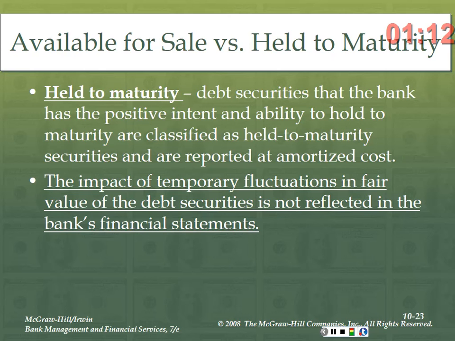So the important part here is underlined. It says the impact of temporary fluctuations in the fair market value of the bond is not reflected in the bank's financial statements. Now, this is the important thing. What this means, in simple terms, is if you buy a bond and place it in the held to maturity category, you don't have to worry about accounting for amortization or price fluctuations each month on your balance sheet or your income statement. You just own the bond. That's it. Okay? So it's a really simple process compared to the next one, which is